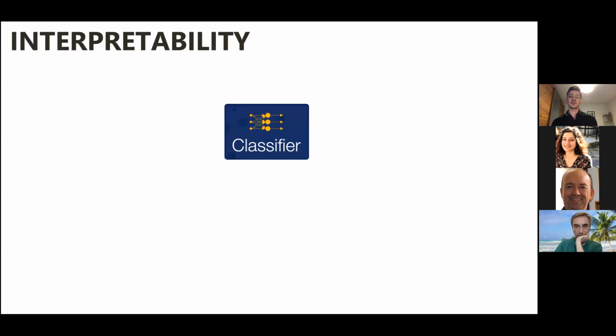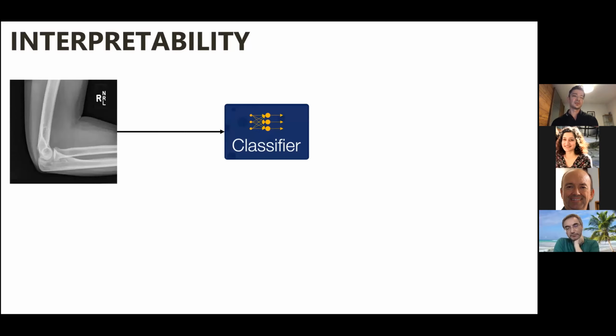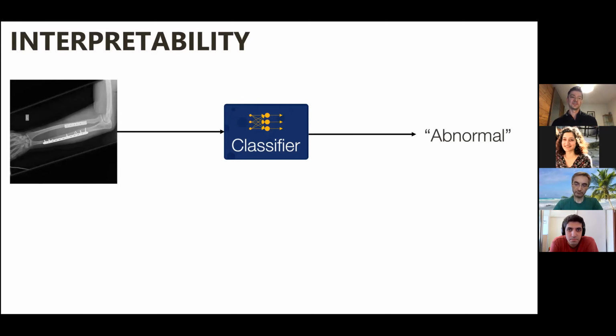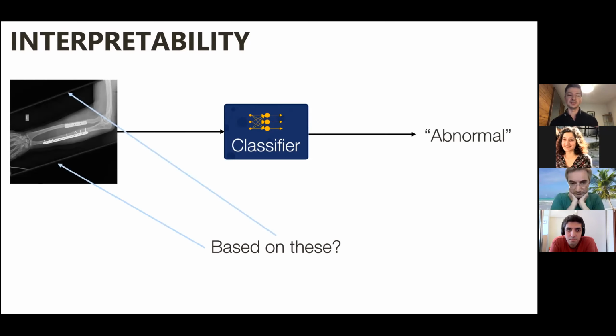I worked on this for 4 or 5 years now. We published quite a bit. And I'll just start with an example of a classifier. I think this is the easiest example to talk about when it comes to interpretability. So let's assume you want to classify X-ray scans. Now, the classifier in this case can give you the output as normal, so it's a normal scan. Or it can say, well, in this case, it's abnormal. But the problem with all these systems, both classification and regression systems, is you don't know where it looked. So you don't know what it actually cared about in the input.